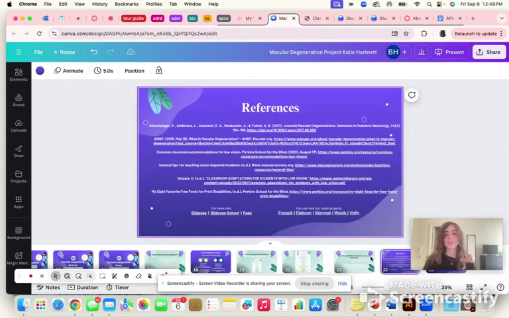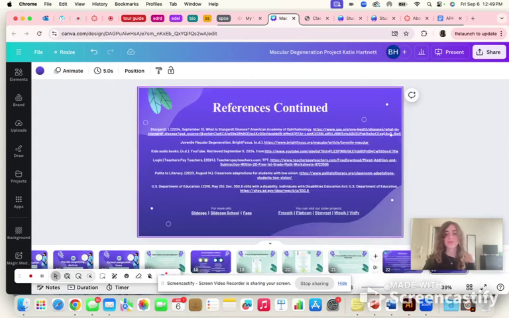Lastly, I just have my reference pages in APA format. So that's a little bit about macular degeneration, what it is, how students may struggle with the disease in the classroom, and how we can